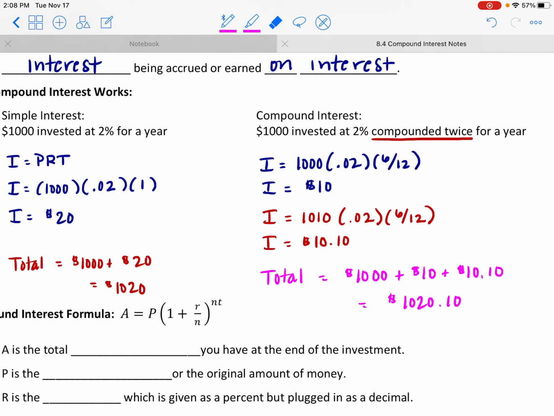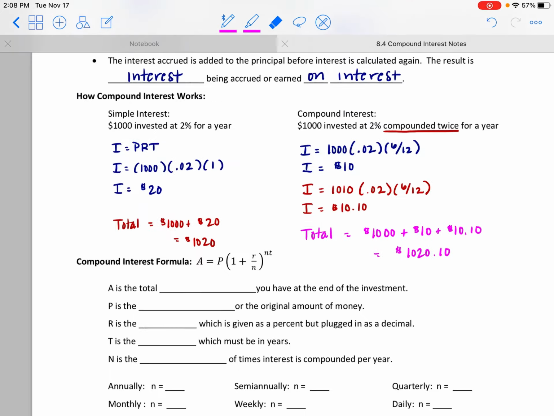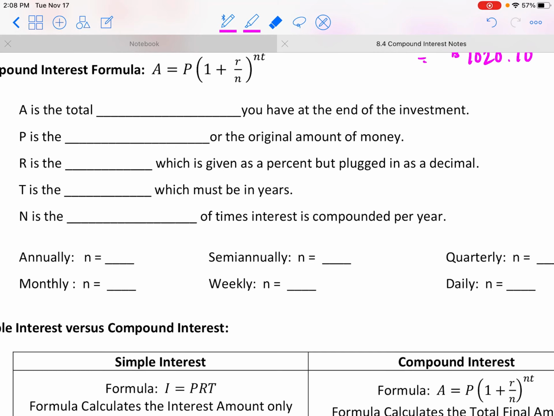But if we know how many times we want to calculate the interest over the year, then we can use this compound interest formula, okay? But the idea behind it is simple interest, just multiple times throughout the year. And again, the idea is interest is now being earned on the principal and the interest. So here is our formula. Our formula says that A is equal to P times 1 plus R over N raised to the NT power,